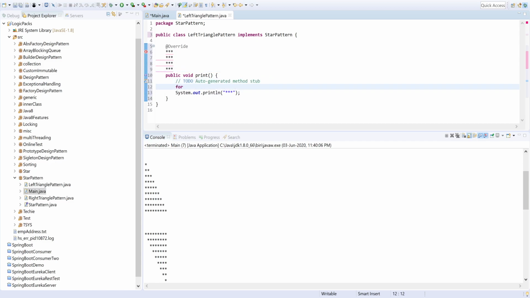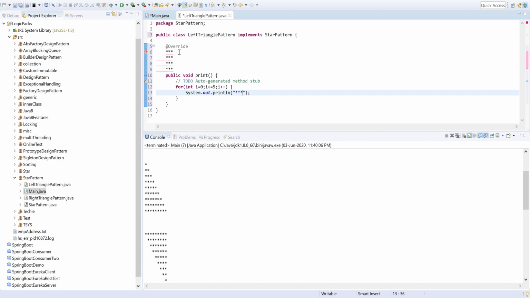If I do for int i equal to 0, i less than or equal to 5, i plus plus, then definitely it would print up to 5 lines, with 3 stars in every line. But here we have hard coded the 3 stars.